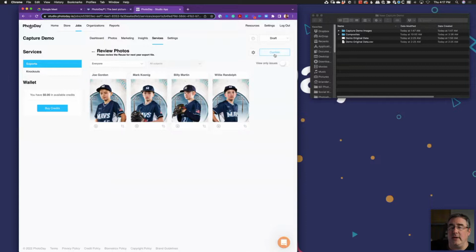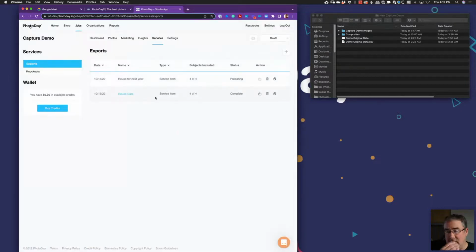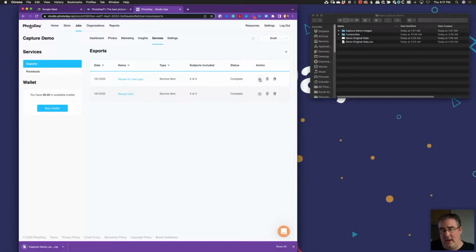All right, so I'm going to hit confirm, and we'll just create the export file. Now, because there's only 4 subjects, this won't take very long. But in some cases, when you're doing the whole school, this could take 30 minutes or a couple of hours, depending on how many there are to crop. This runs through a crop server, and we will just end up sending you a file right here to download. And this zip file contains the photos that are cropped and the